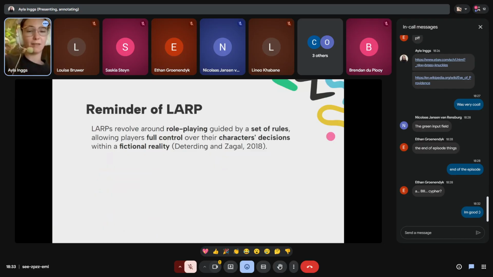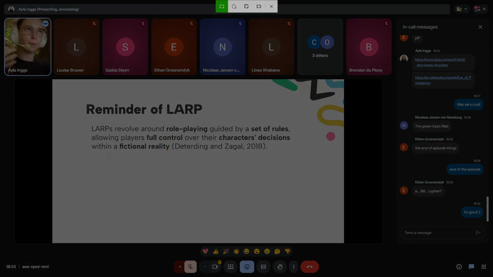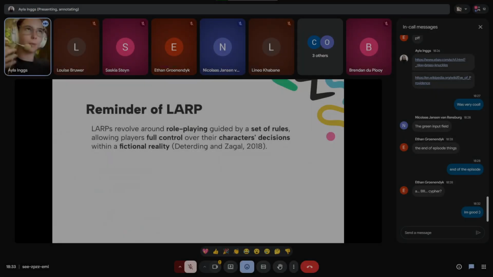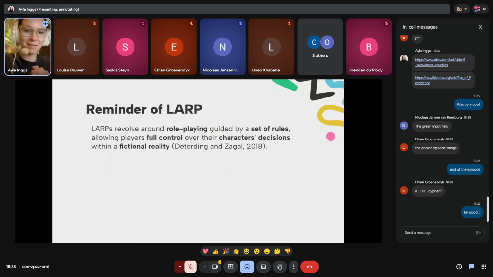Okay, it's in a physical world with a narrative. That's what we should say, because it could be real, it could be not, depending on the type of LARPing, which we'll also get into now. So just understand that it's a role-playing game guided by rules in a physical environment.